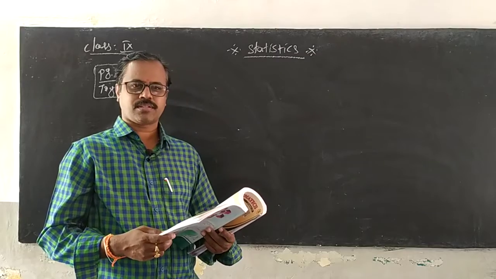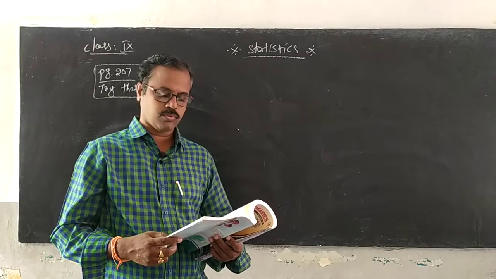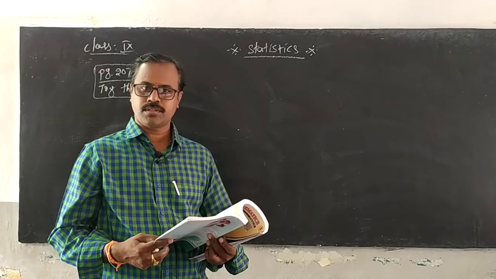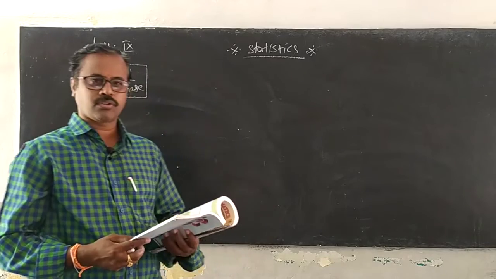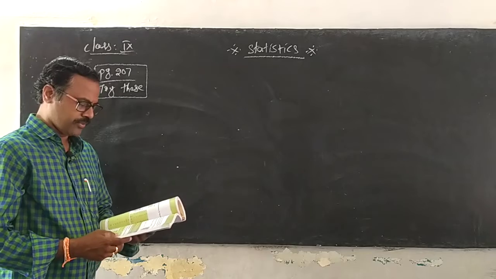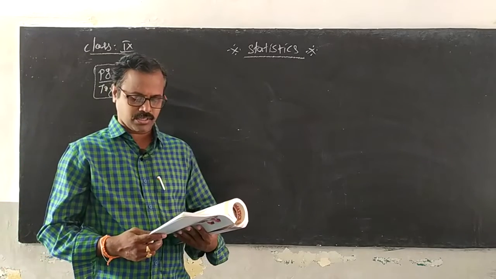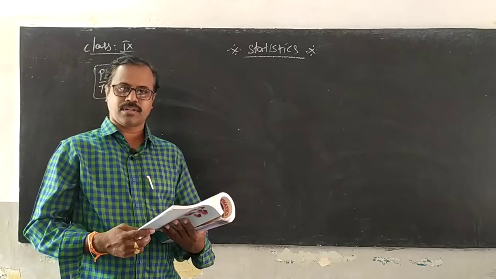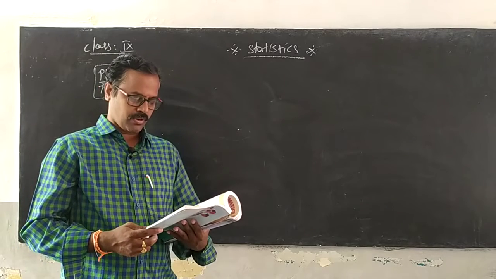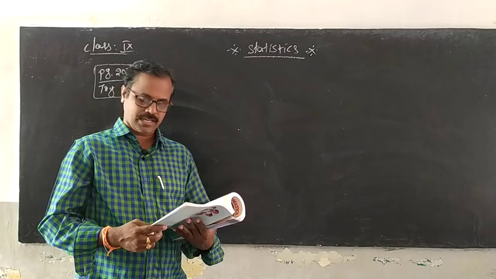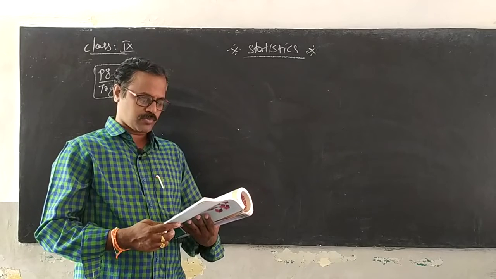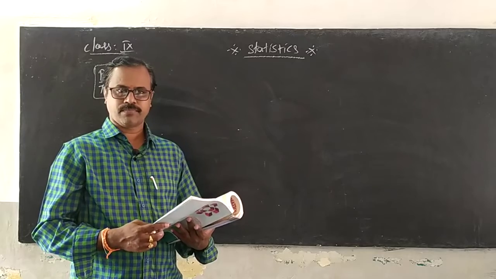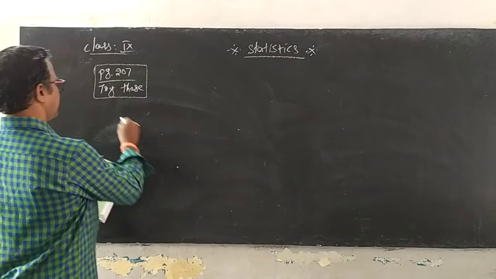In the previous class, I gave you page 207. Try this first question as homework, isn't it? Very good, Nana. Now we go to the second question. The median of data arranged in ascending order 7, 10, 15, x, y, 27, 30 is 17. And when one more observation 50 is added to the data, the median has become 18. We are asked to find x and y. Okay, right. Let's see the second question.